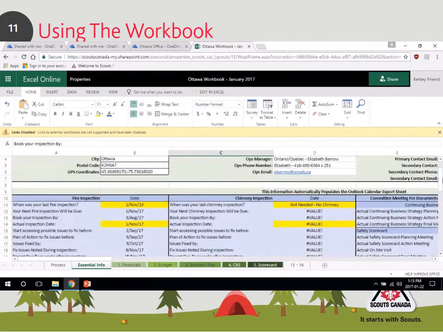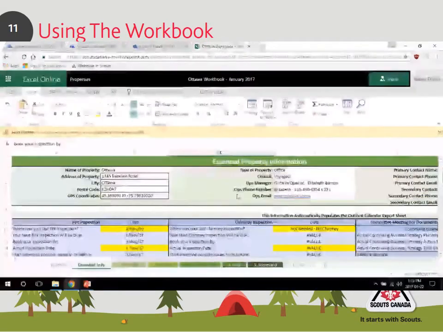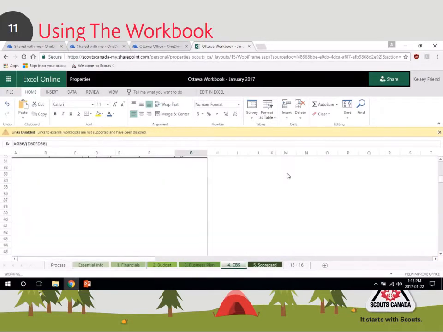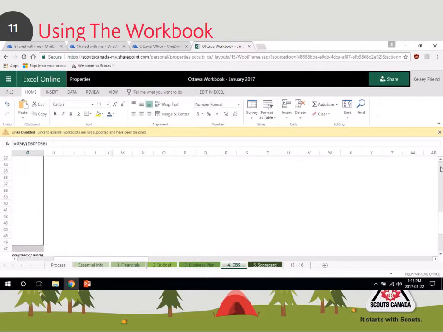So if you go back to the top here, you can see all the dates that it's going to pull. This information here is pulled through to your business plan, CBS, and scorecard. So you can see Ottawa office. If you go to your CBS and you scroll to the top and over to the left a bit,